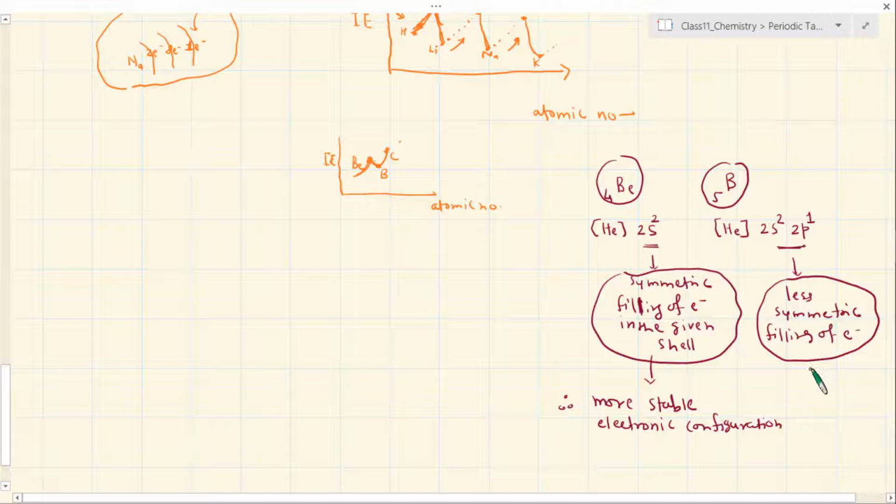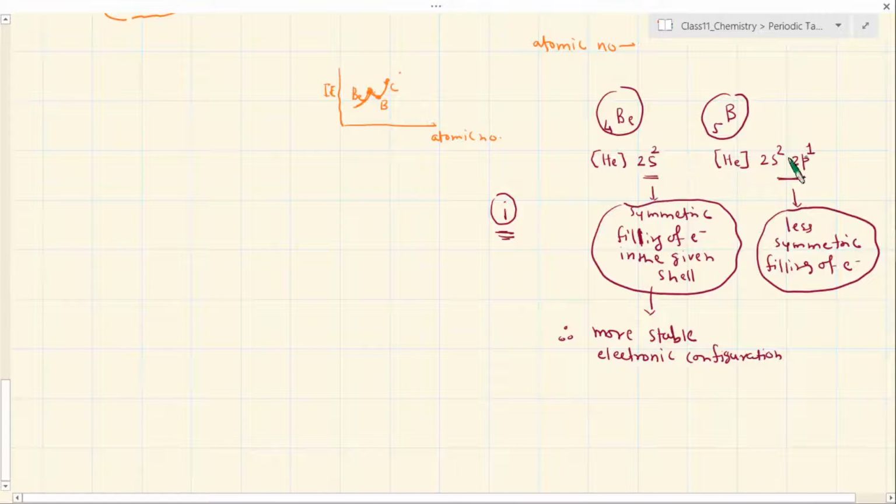Now I am not commenting here on anything, but I am saying this will be less stable than this electronic configuration. So tell me, naturally if you have a more stable electronic configuration, it will be difficult to remove the electron compared to this one. So this is one answer. Basically this is one factor to be considered. Another factor also, whatever difference you have, you should be accounting. So one difference is this one.